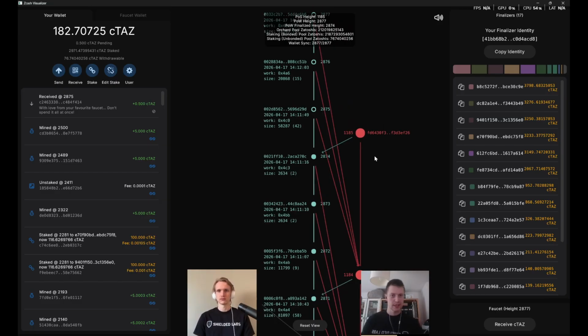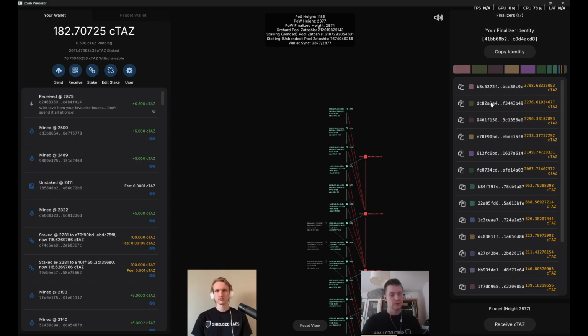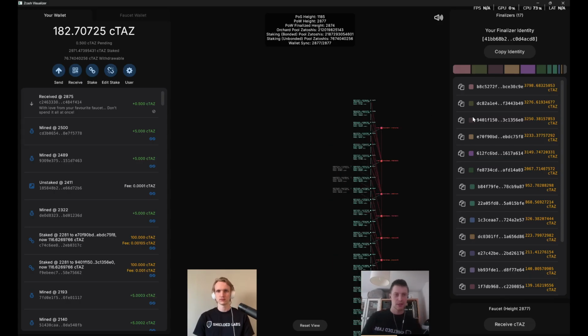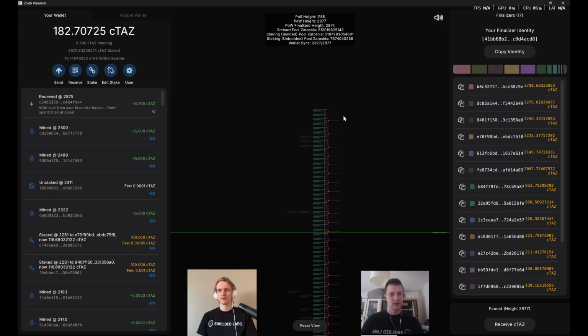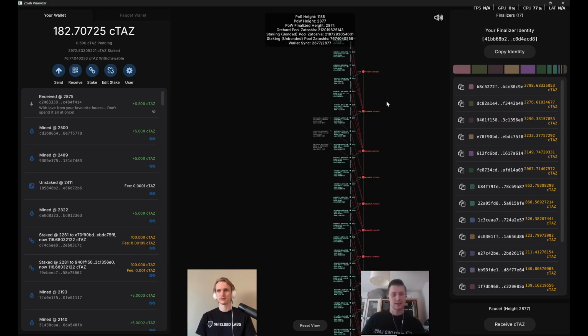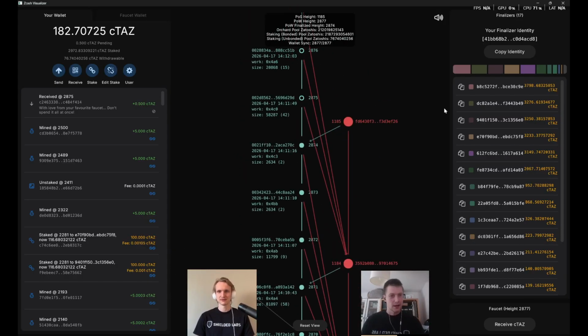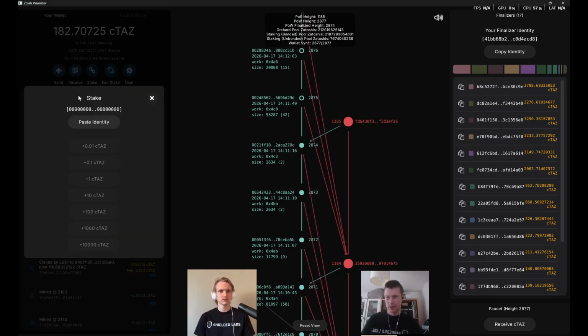And so let's say I want to stake to one of these. I want to basically say that I believe that this is an honest finalizer who is going to accurately determine the state of the chain. I can copy the identity, which is a public key for this finalizer. I can hit stake over on the left hand side, paste the identity, and then I will stake some amount